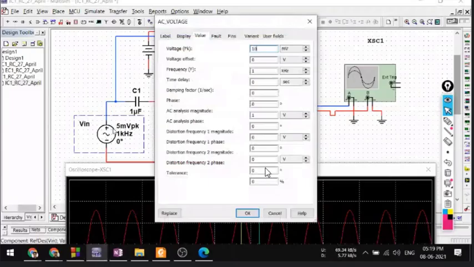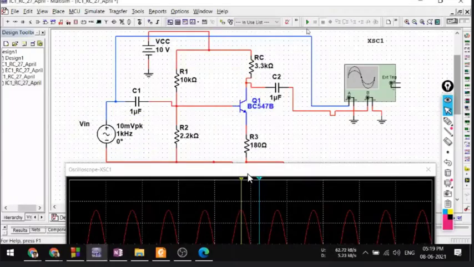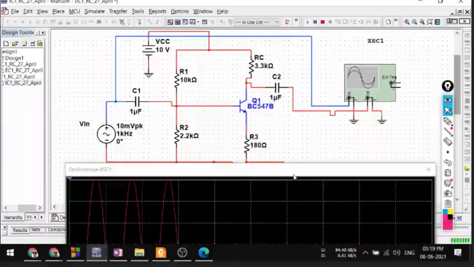Let us go with a 20 millivolt peak to peak. So I have to set it 10 instead of 5, setting 10 millivolt peak means 20 peak to peak. Now let us measure this one. You just increase the scale. Let me say normal. So it is running fine. Now let me say single, and you pause it.